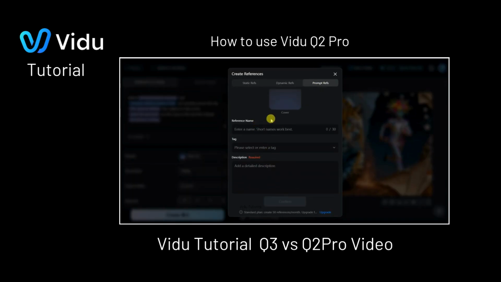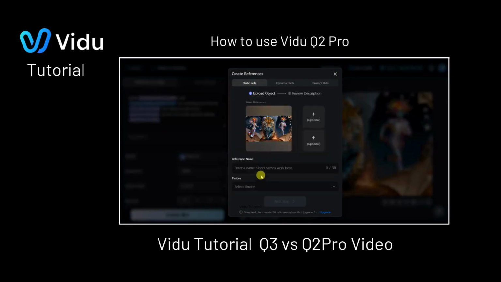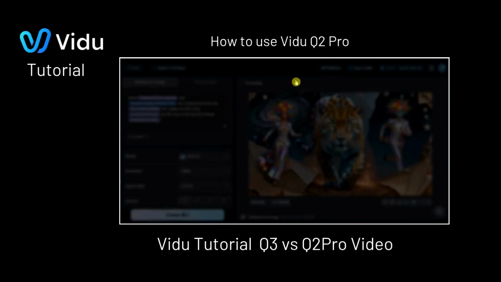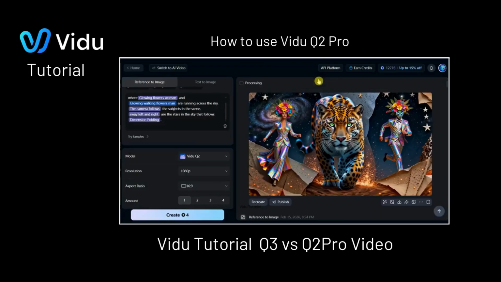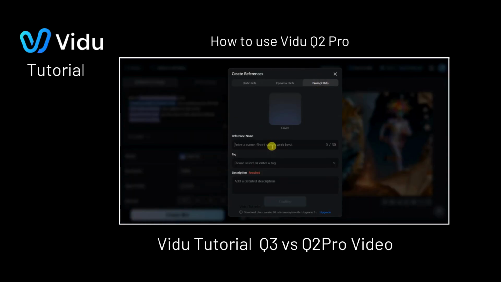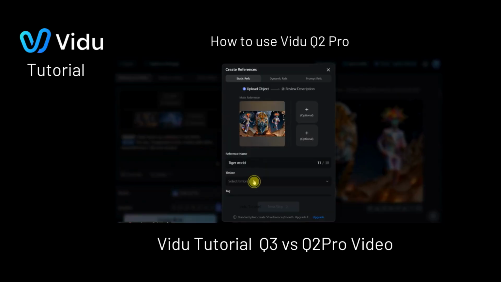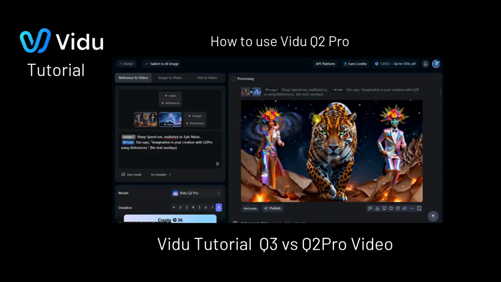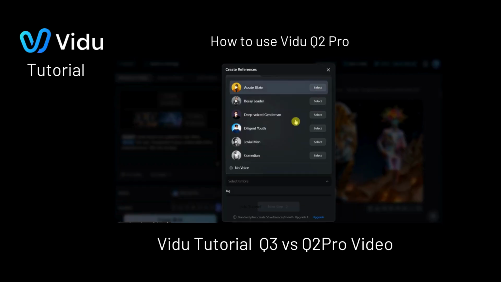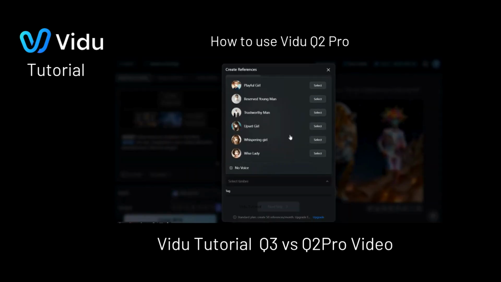Reference. 2. Dynamic reference. 3. Prompt reference. Static and dynamic reference both will provide the prompt by default. However, if you would like to add your own prompt, you can do so here. Select the tags such as scene, bird, and